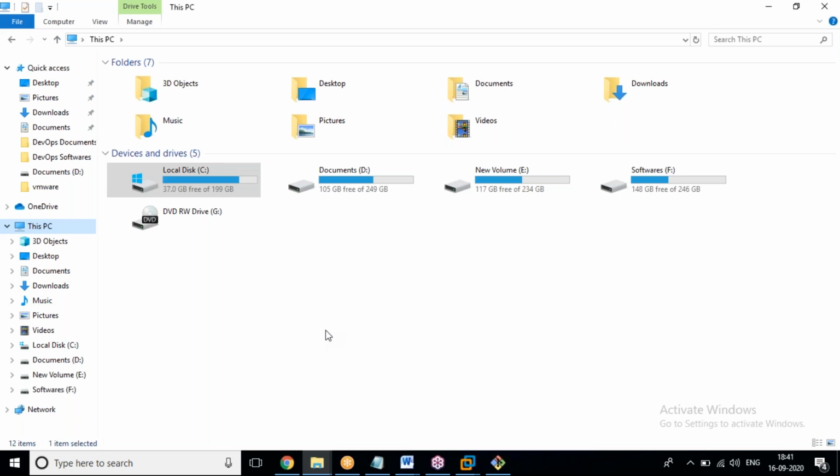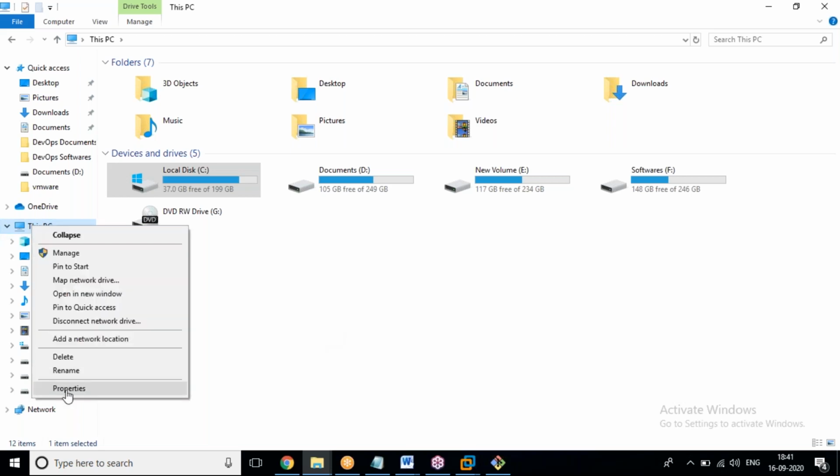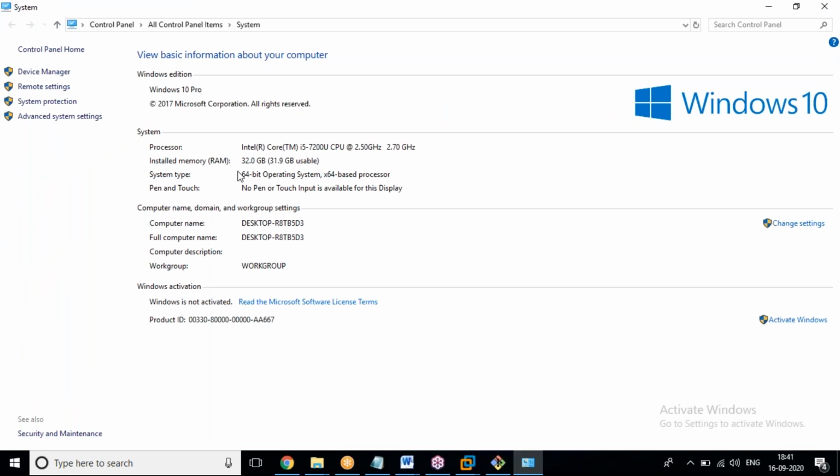If you are using 64-bit, it will automatically download the 64-bit application. How can we recognize whether we are using 32-bit or 64-bit? We can see from here also: system type, 64-bit operating system. I'm using a 64-bit operating system.